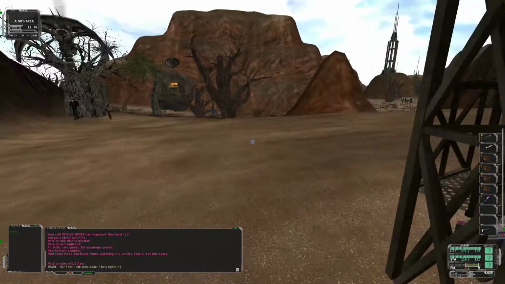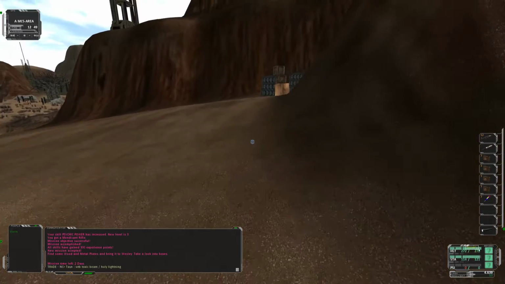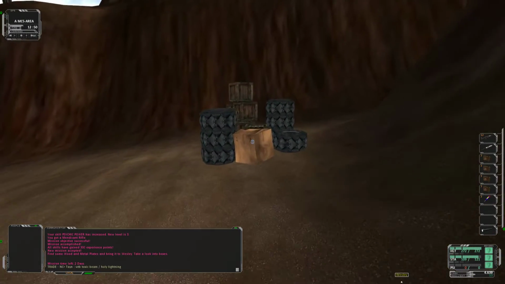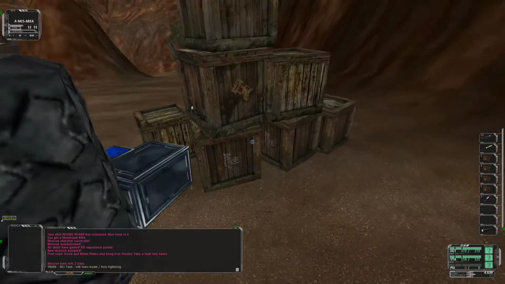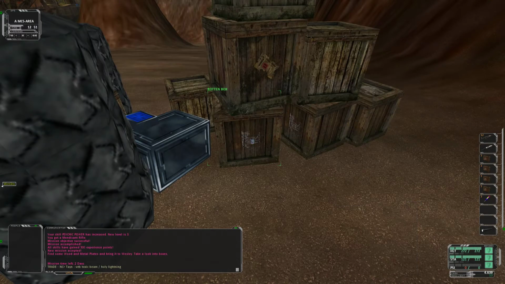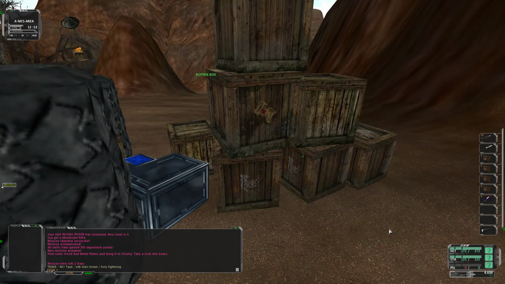So he wants me to grab that stuff in. If I remember, I saw some stuff right here. So we can probably find the wood here. So here's some wood. We just say take all. And take all. So that's definitely for the wood, right? Yeah. And then we need...